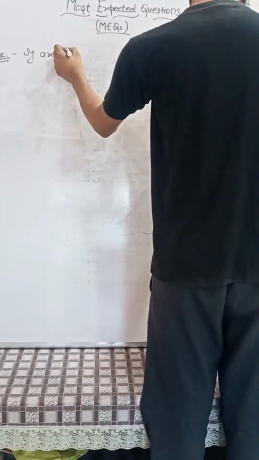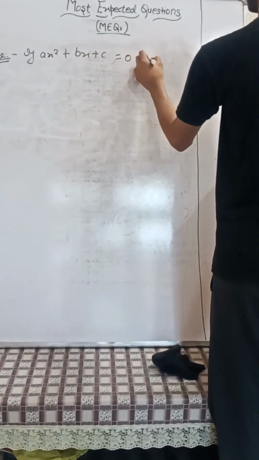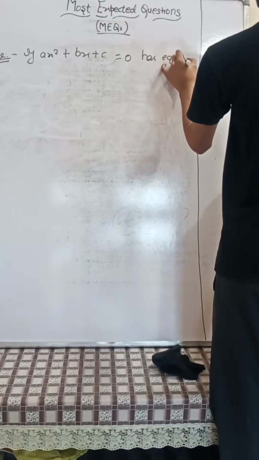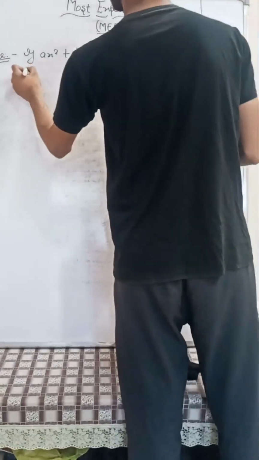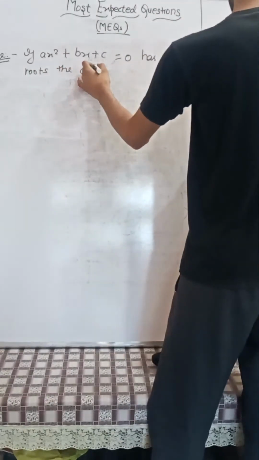Next question here. If ax square plus bx plus c equals 0 has equal roots, then c equals